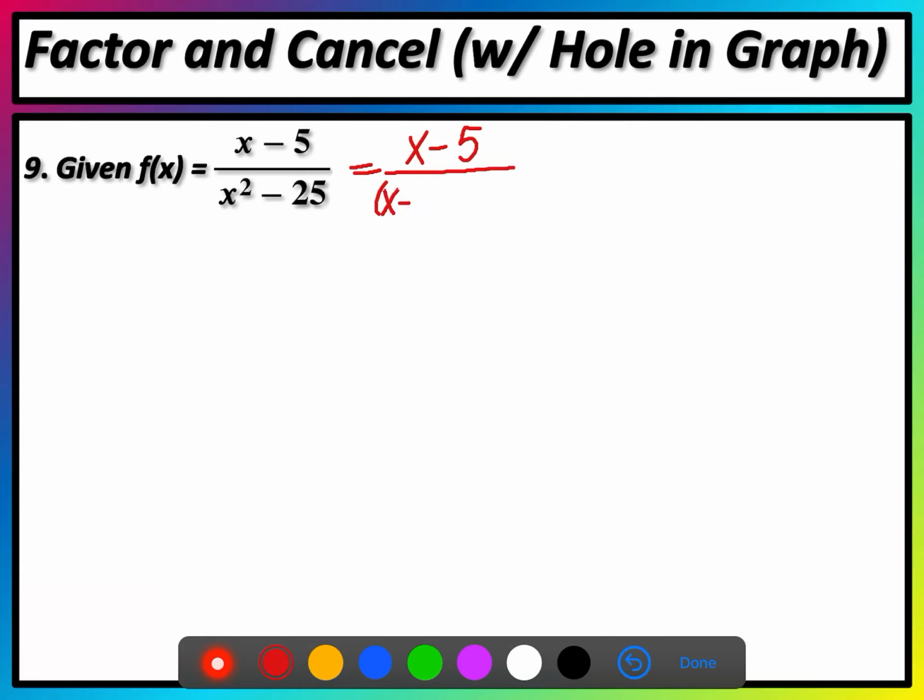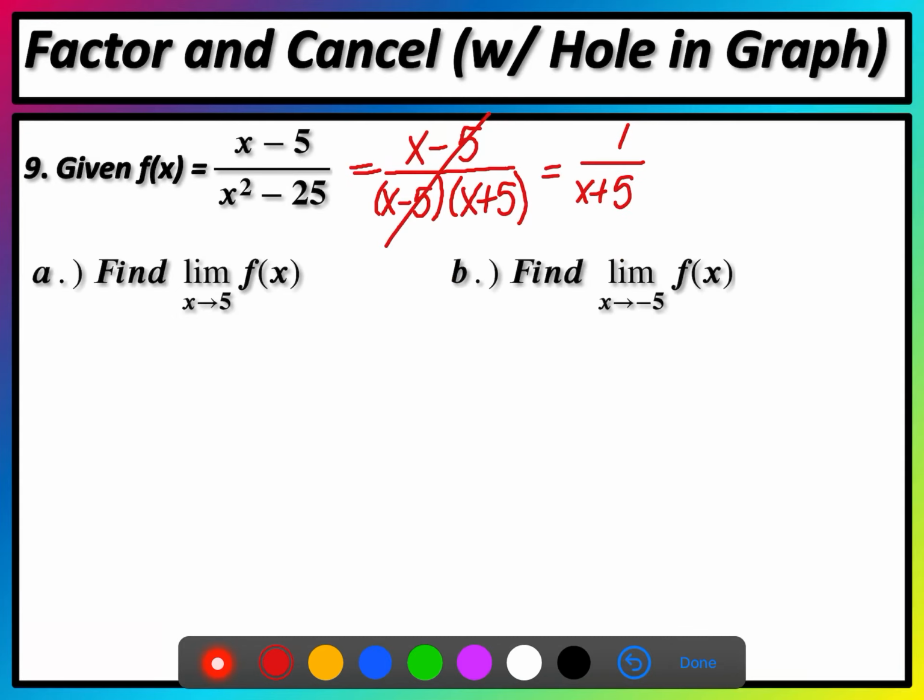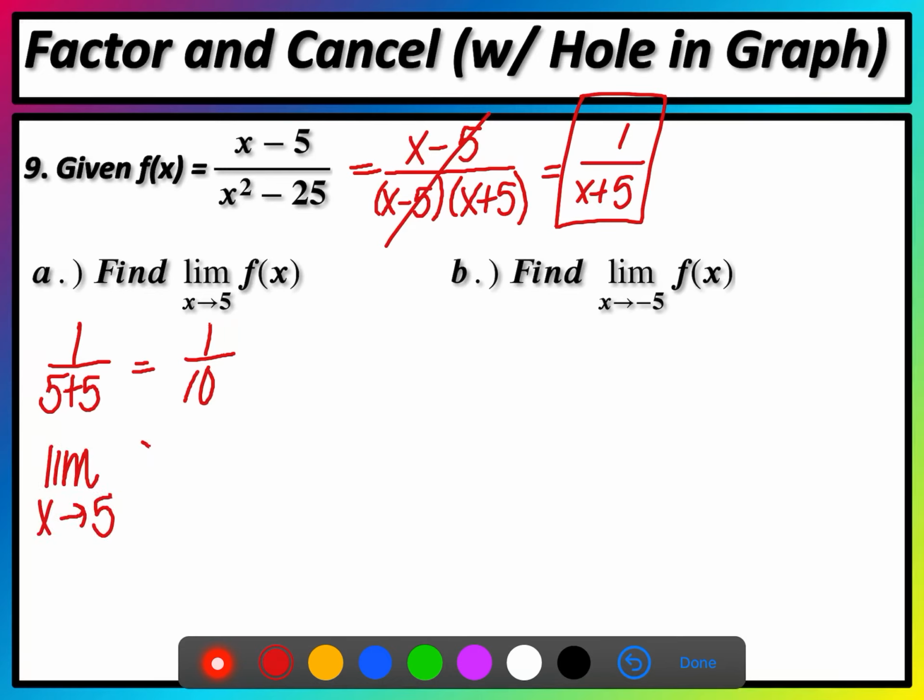Okay, so again, now that we know, I always just factor to begin with. So 1 over x plus 5. All right, so we want to find the limit as x approaches 5. So use your simplified function. So 1 over 5 plus 5. All right, so I get an answer for that one. So the limit as x approaches 5 is 1/10. And the limit as x approaches -5